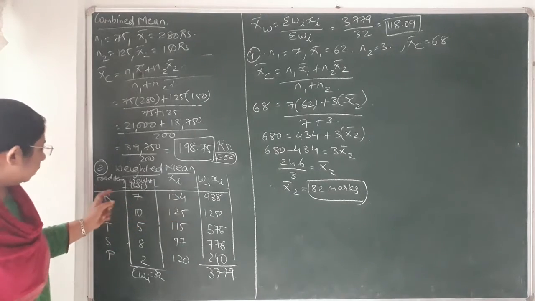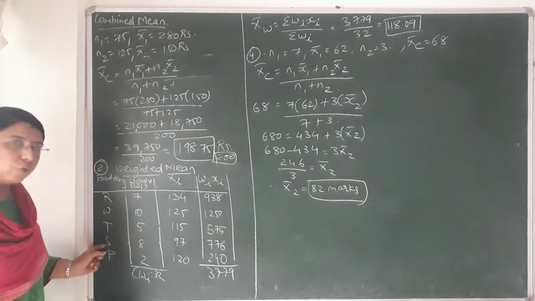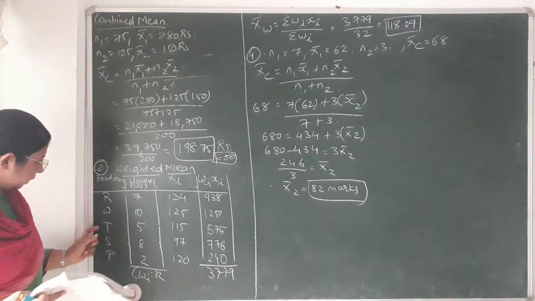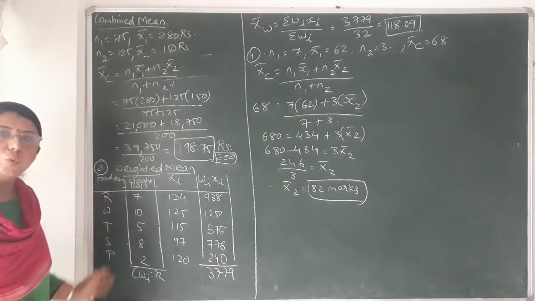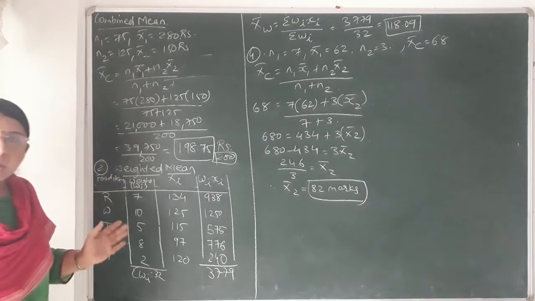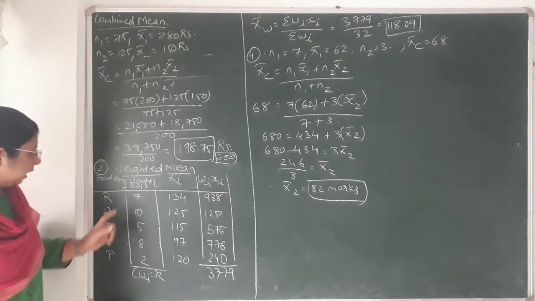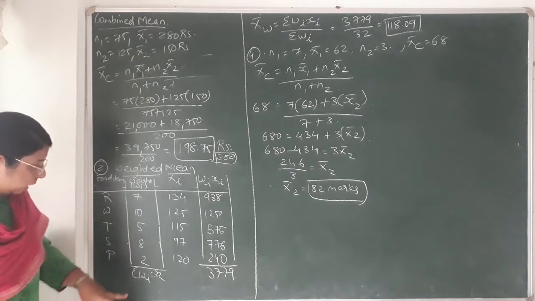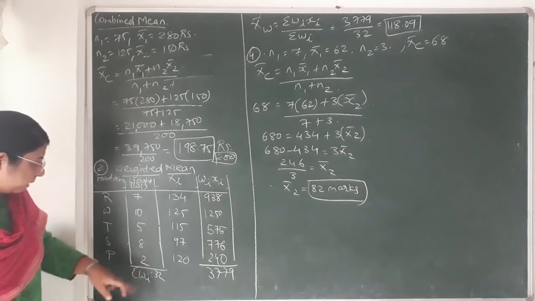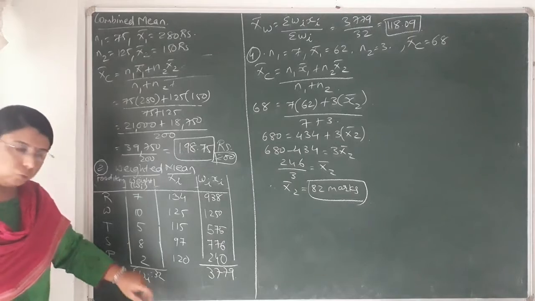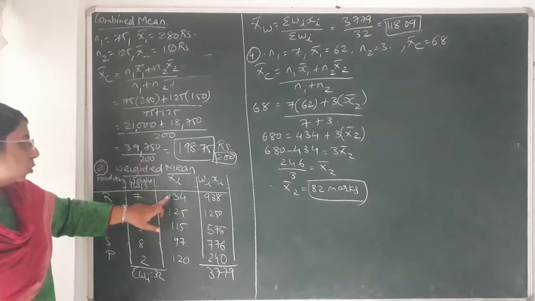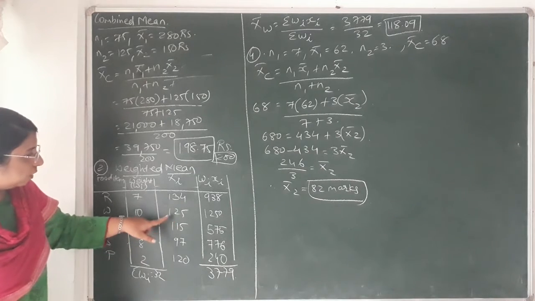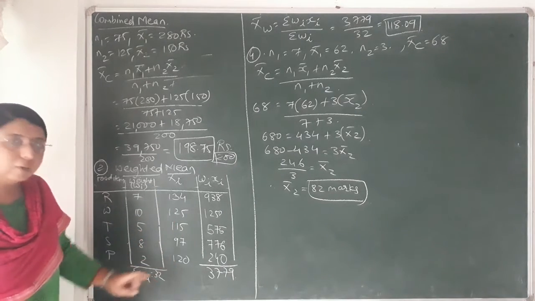Okay, so accordingly I have written the first letter of all the food items, that is rice, then afterwards wheat, tea, sugar and pulses. These are the 5 different food items data that has been given to you. The second column, that is weight, is also given to you, that is 7, 10, 5, 8 and 2. Okay, so the total of Wi, that is sigma Wi, would come to 32. Next one, that is Xi, is also given to you, the percentage change in price of each and every food item, that is 134, 125, 115, 97 and 120.